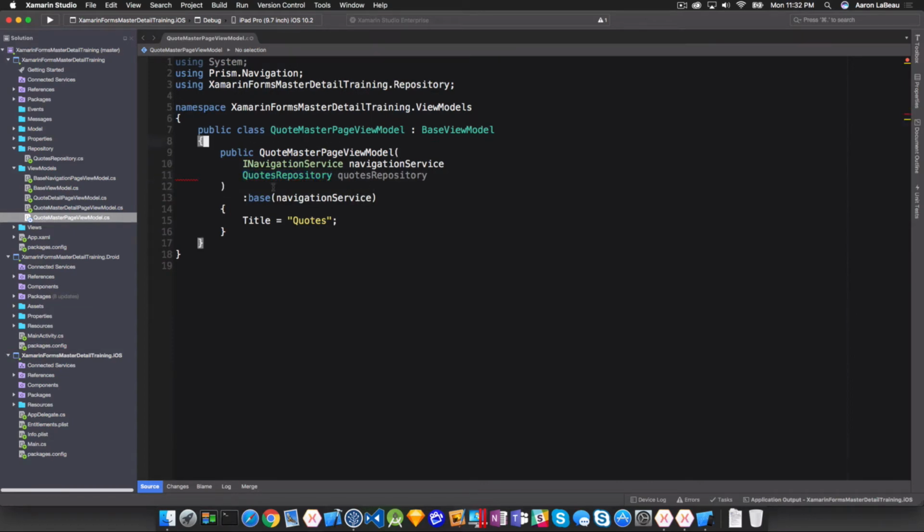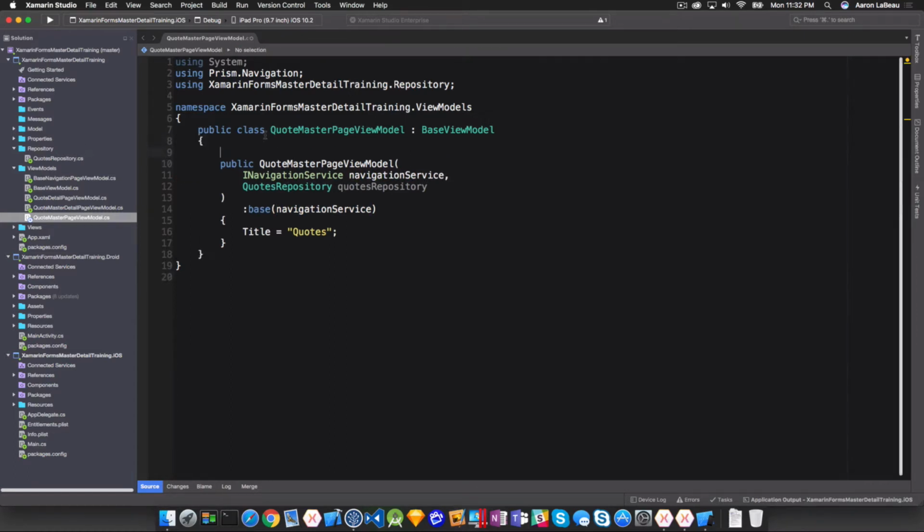And we'll want to get a local version of that thing that we can use. Oh, I forgot a comma there. So we want to definitely keep a local version of it in memory. So we're going to say a private read-only, and we want to call it a quote repository. So let's just copy this line from here, bring it up here, and we'll do the underscore because I like to,